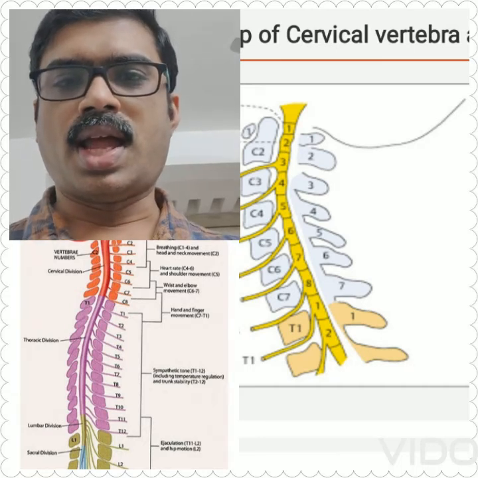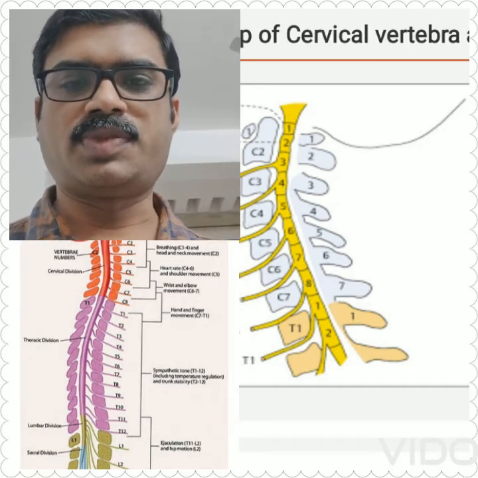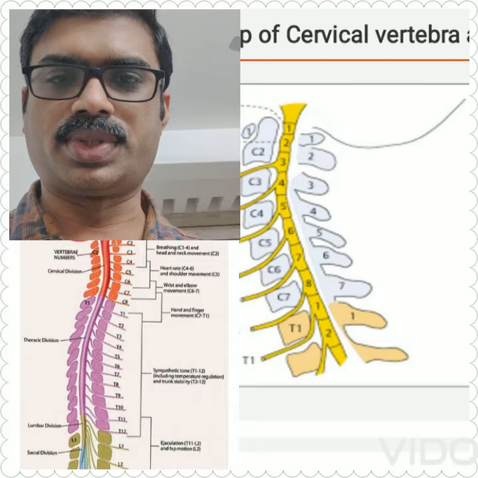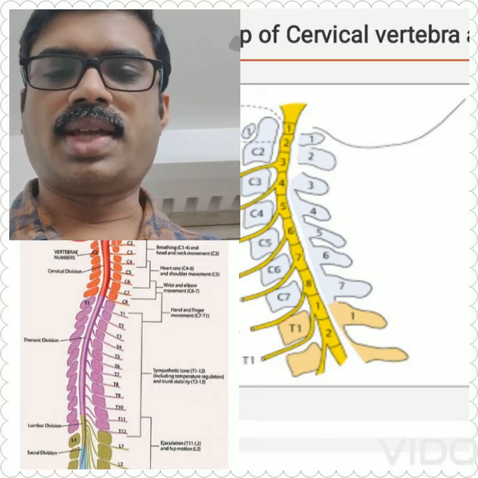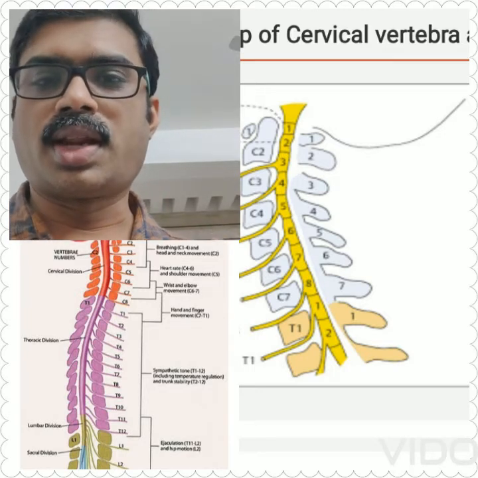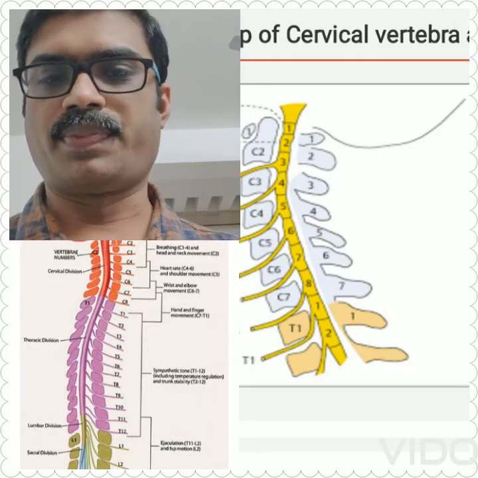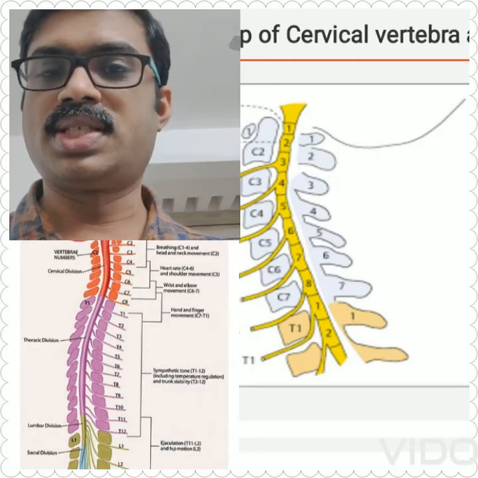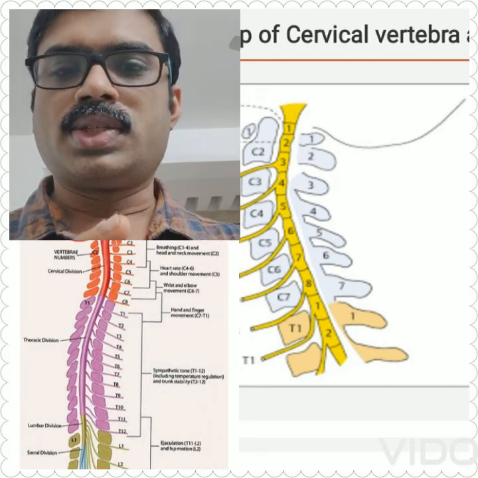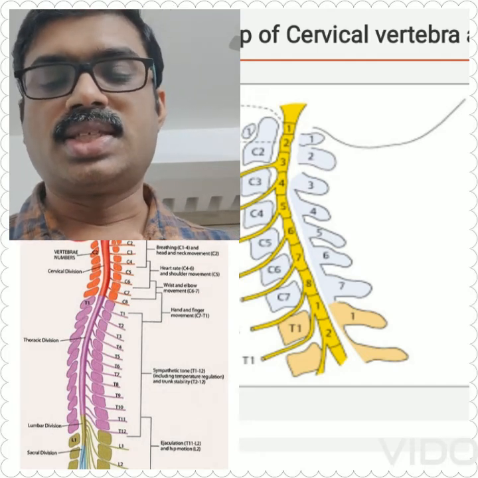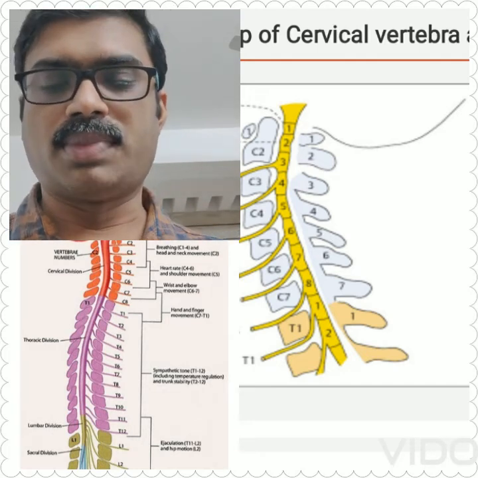Friends, I will tell you some secrets with respect to cervical and the lumbar roots. In the cervical spine, there are 8 cervical roots, while there are only 7 cervical vertebrae. So, from where does this 8th cervical root come from? The key here is that the cervical roots are designated by the